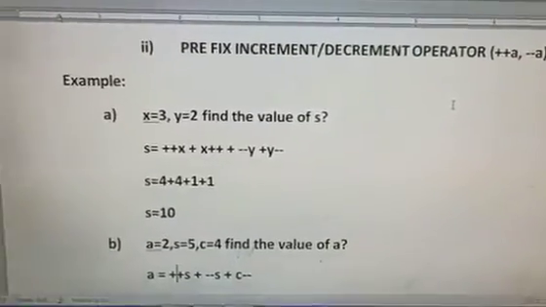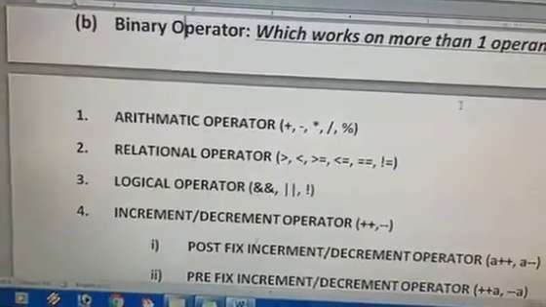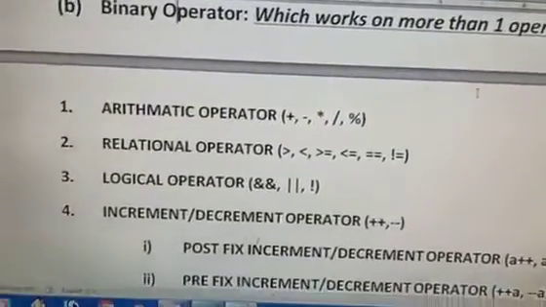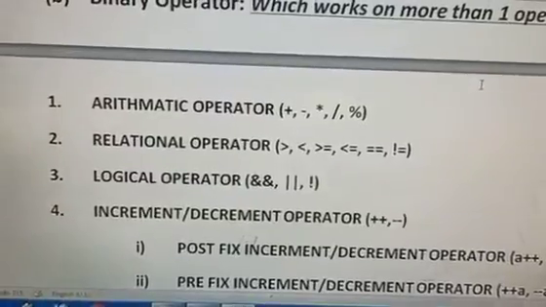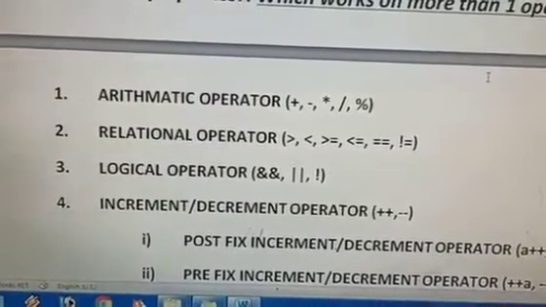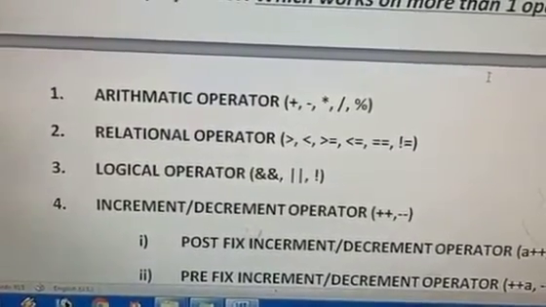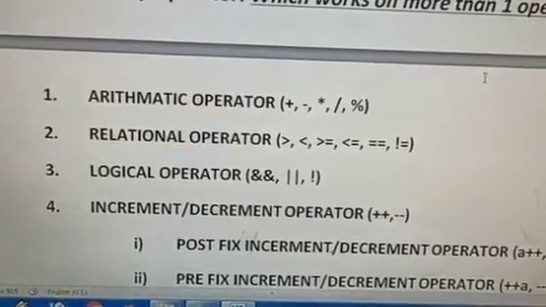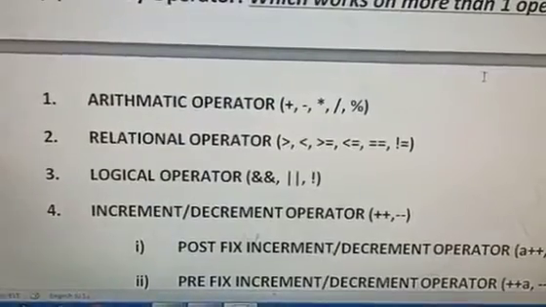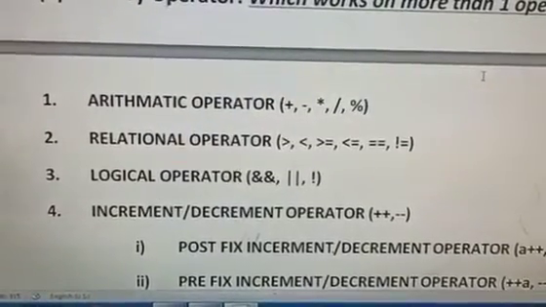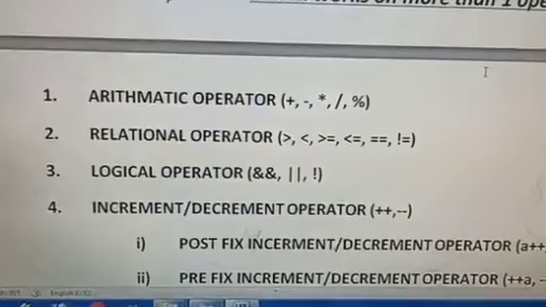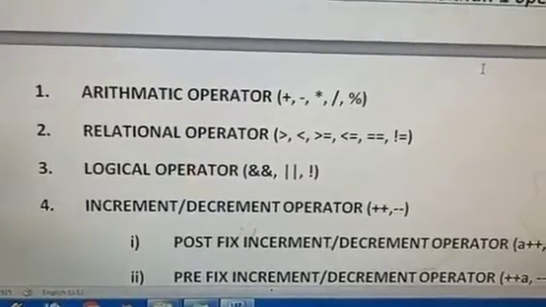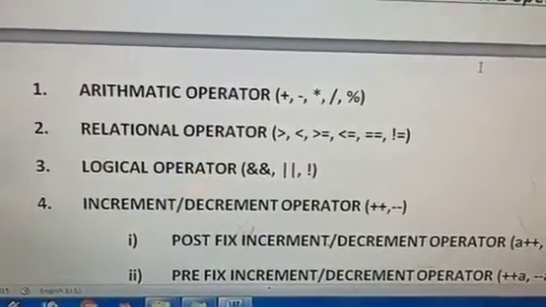So these are the types of binary operator. Now let's start from the arithmetical operator. As you know from the name, that is addition, subtraction, multiplication, division and the modulus operator, that is for remainder. So arithmetical operators are used to perform arithmetical operations on more than one variable, right?